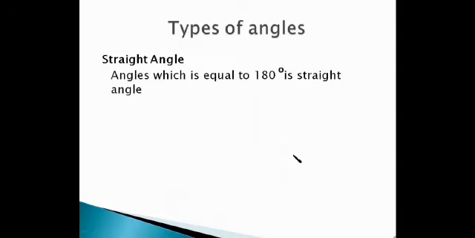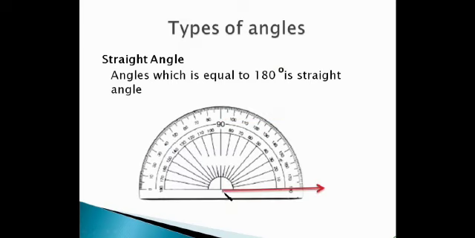Next you have the straight angle. A straight angle is always equal to 180 degrees. In a straight angle, there are two right angles. That is 90 degrees, 90 degrees. It will make 180 degrees. So in a straight line, you have two right angles. Here, see how to draw it. I put a point, draw a ray, then you will place your protractor and draw the other side at 180 degrees.